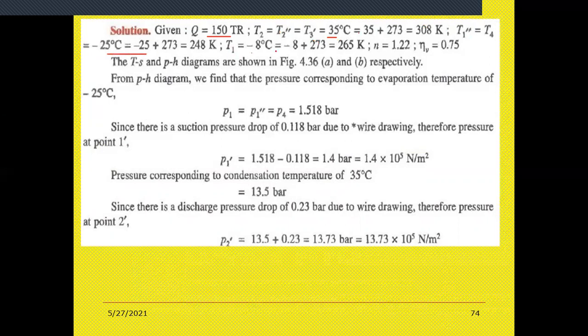T1 is equal to minus 8 degrees centigrade, and n is equal to 1.22 and efficiency is equal to 0.75. So now draw the TS diagram and PV diagram and start doing the ph diagram by finding